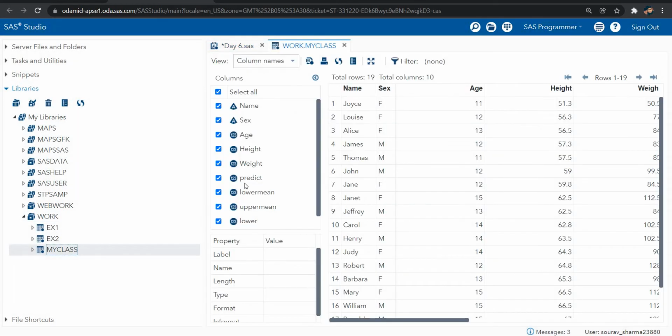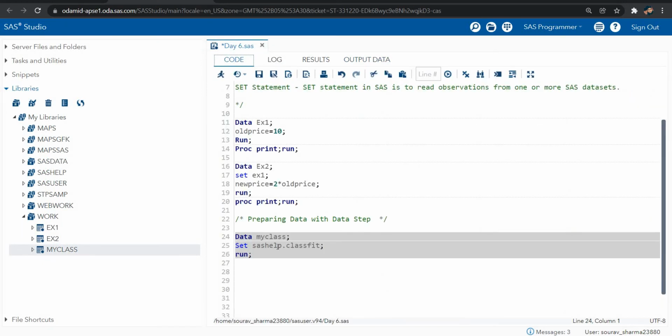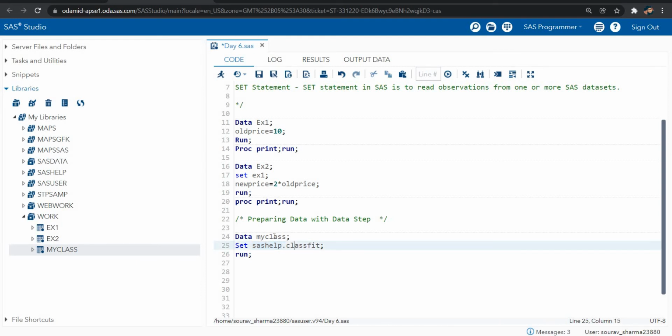What is my class? This is my data in the my class. All your SAS help class fit data will be copied in the name of my class. So this is for copying the data. You can say we are using the set statement.